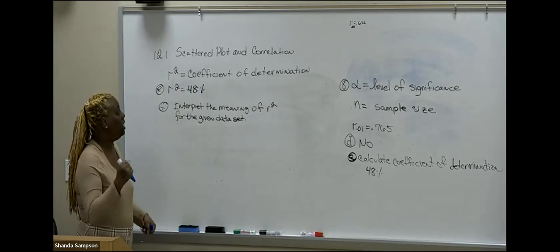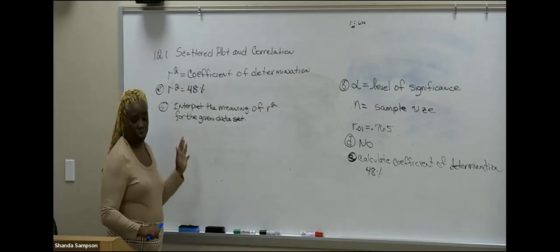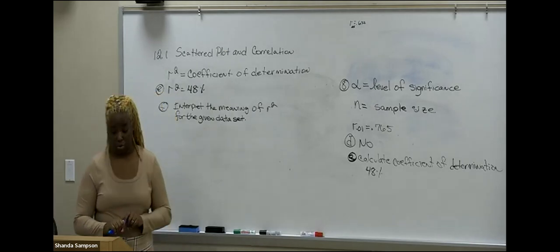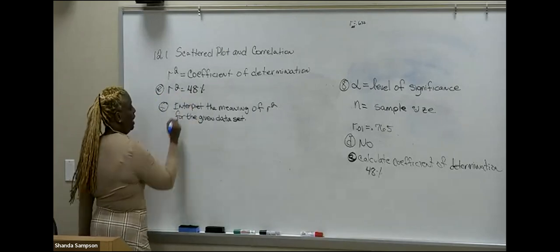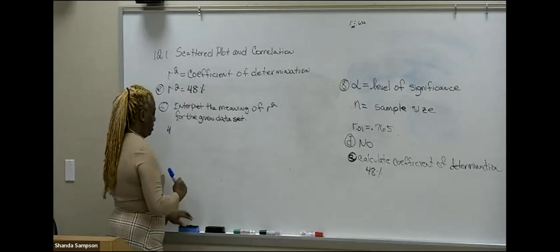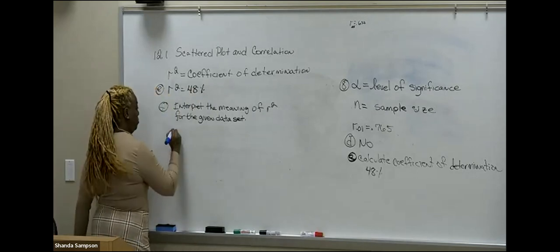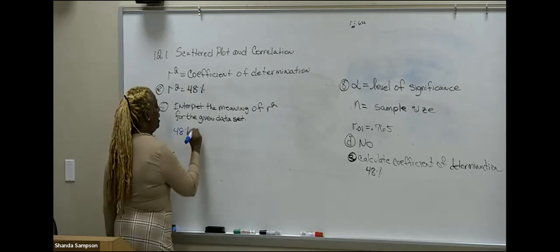Only for the coefficient of determination do we give it a percent, okay? So to interpret this, we want to say 48%, of the variation